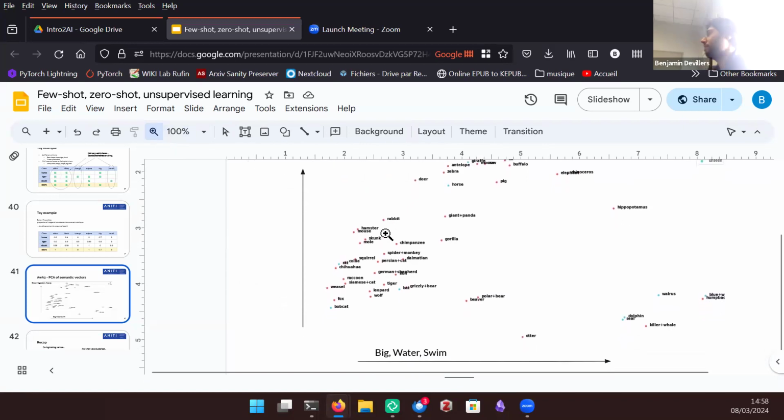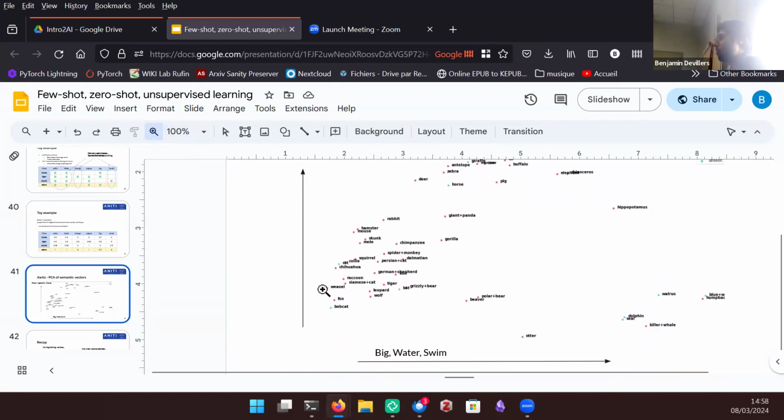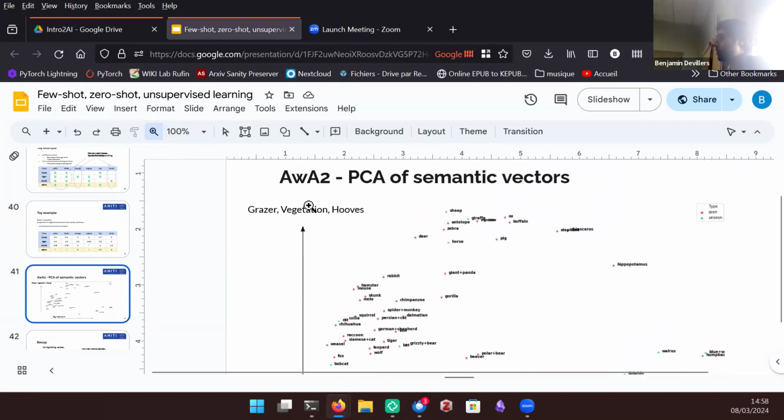So this is just a plot of each of the animals according to two attributes. I don't know if you know what a PCA is, in French ACP. Yeah, principal component analysis, analyse en composantes principales. It's a method to,